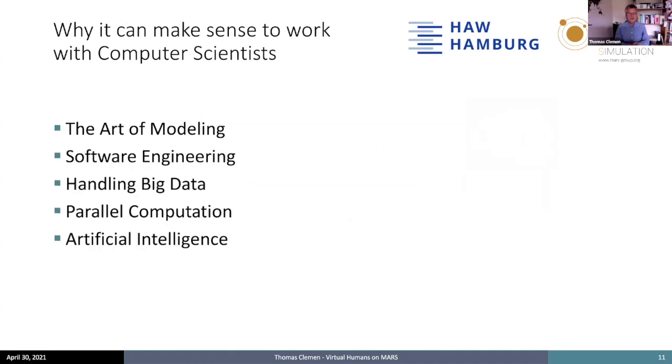The question is, I would say there's no question that there can be a value to land use modeling from computer science. I put some stuff here. We can have this later in the discussion, especially on parallel computation. We work with Kubernetes in a cloud environment, with good and bad experiences with that, artificial intelligence and all this stuff. But the question is how we can work together more efficiently.